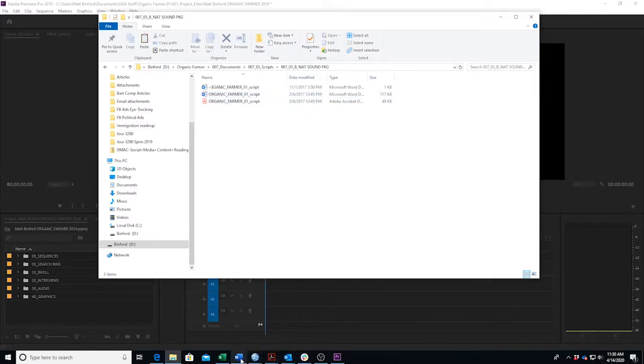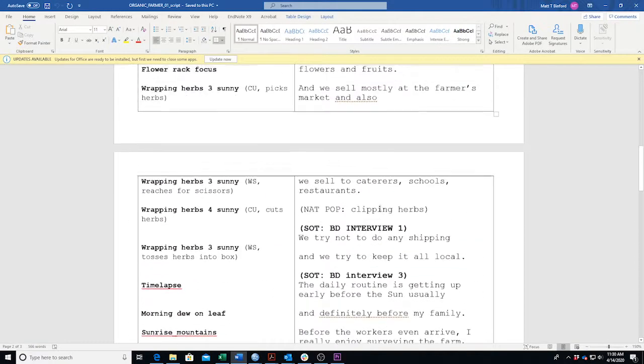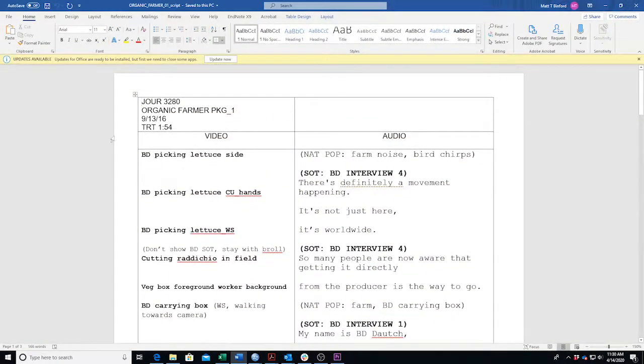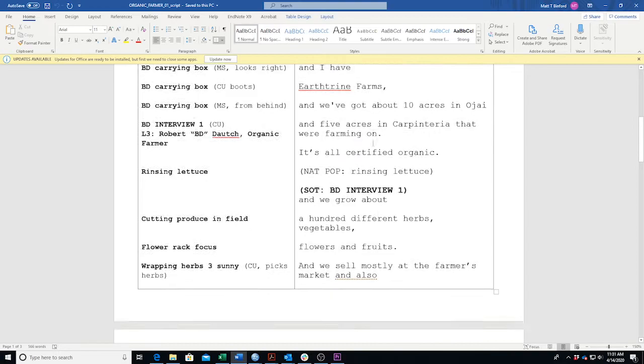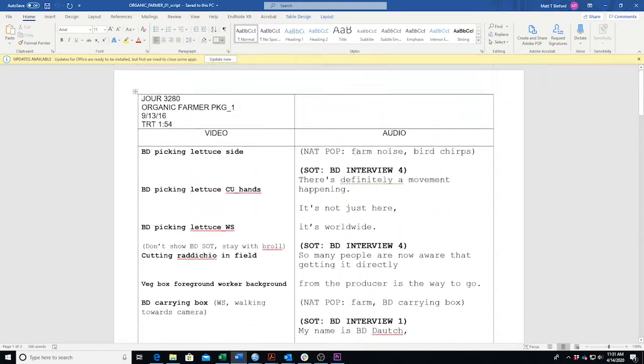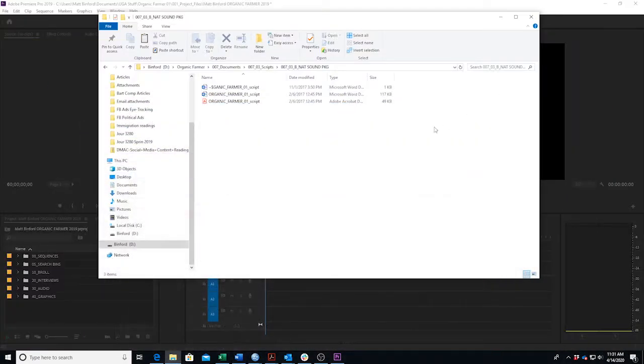Either one of those works. I have already opened up the Word document right here, and hopefully this will be a good enough guide for you to be able to make the package, especially if I get us started. So I'm going to go ahead and minimize that. The next thing I would recommend you do is